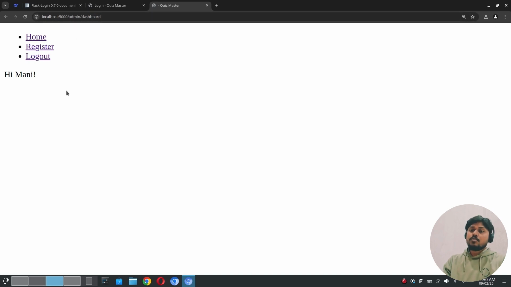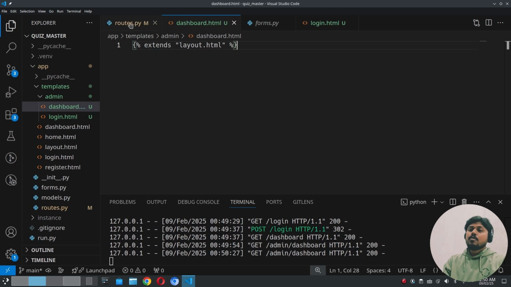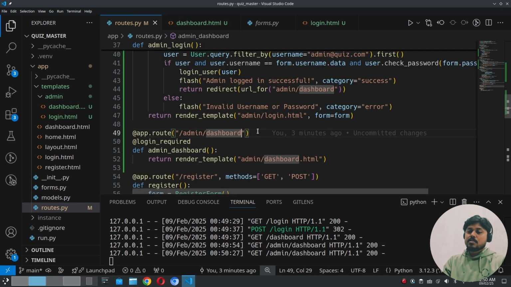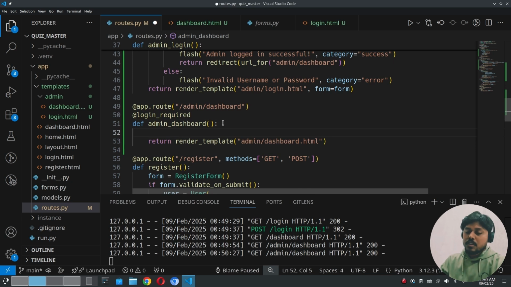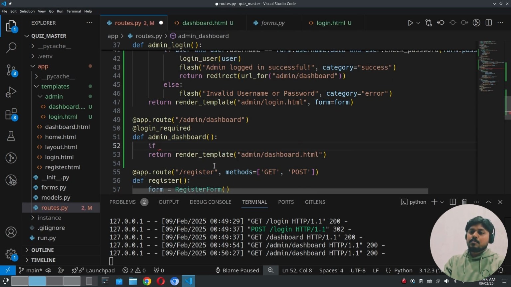So that we don't want. What we want is that only the admin can access this dashboard. So how can we prevent other users from accessing this dashboard? We have to add some conditions to do that. First check the current user, the user for which the session has been created. So if current_user.username is not equal to admin@quiz.com